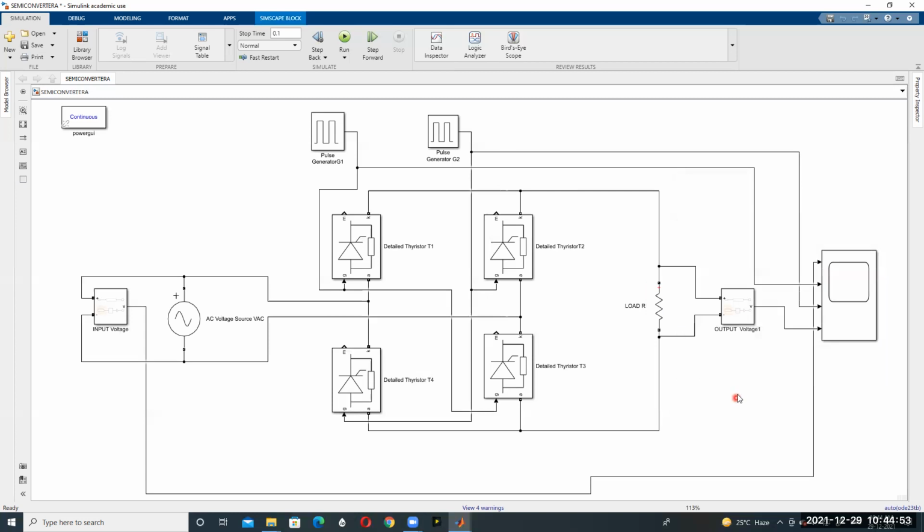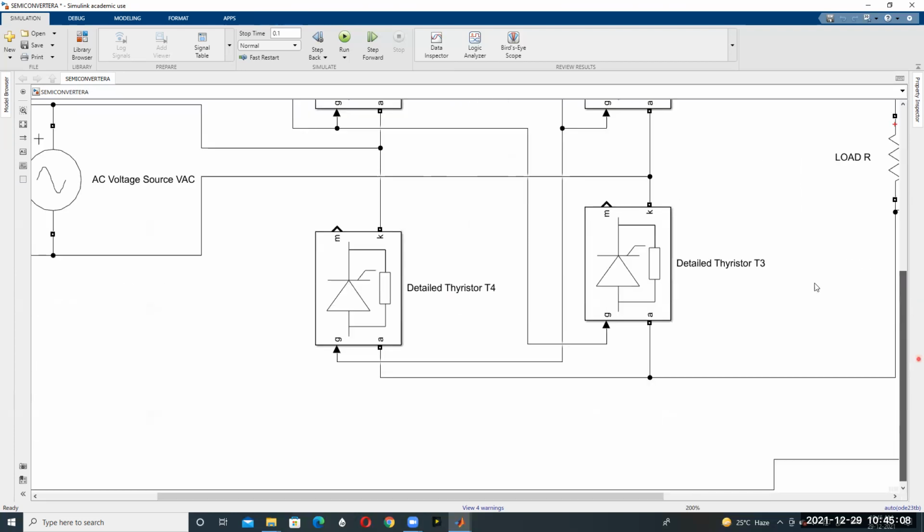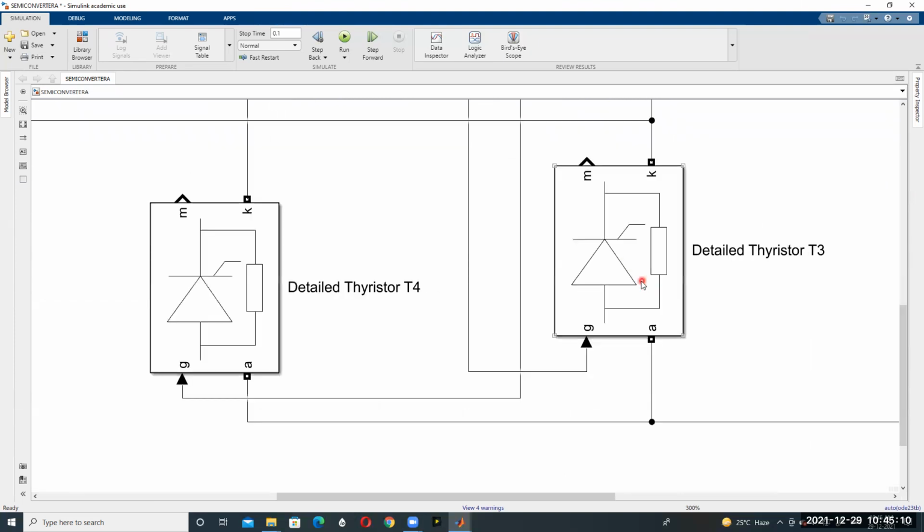Then how do we give the triggering pulse? In a single phase full converter, per positive half cycle, thyristor T1 and thyristor T3 are conducting at a time.